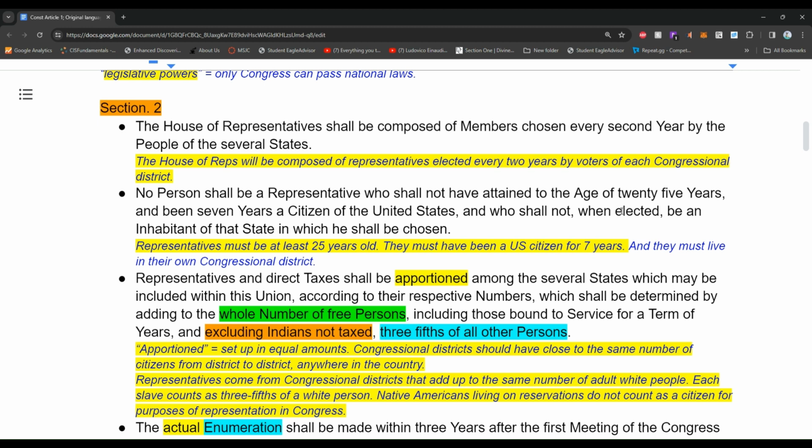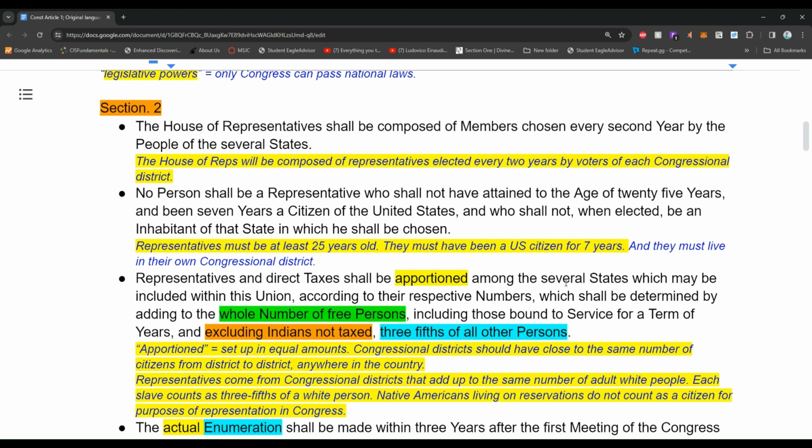So, way back in 1787, so many Americans were immigrants from Europe that they didn't want to cut out many awesome citizens who may have immigrated to America when they were 10 or 15 and now they're 35, 40, they're great citizens. Let's not cut them out of being able to be a political leader. With the third dot, we come to a really difficult but important word, apportioned. Apportioned. That means to set up in equal amounts.